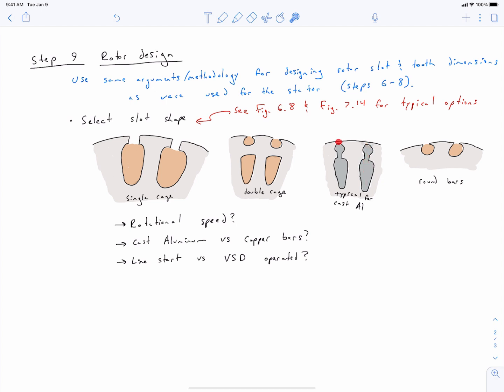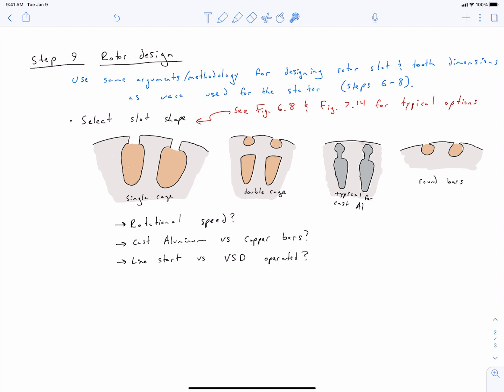You wouldn't want to have the slot open to the surface of the air gap, because that would be an area that the molten aluminum could flow out of. So you'd like to have your rotor have slots that are fully contained inside itself, so that your molten aluminum stays in there and the process just works smoother, and you can kick these things out at a higher quantity